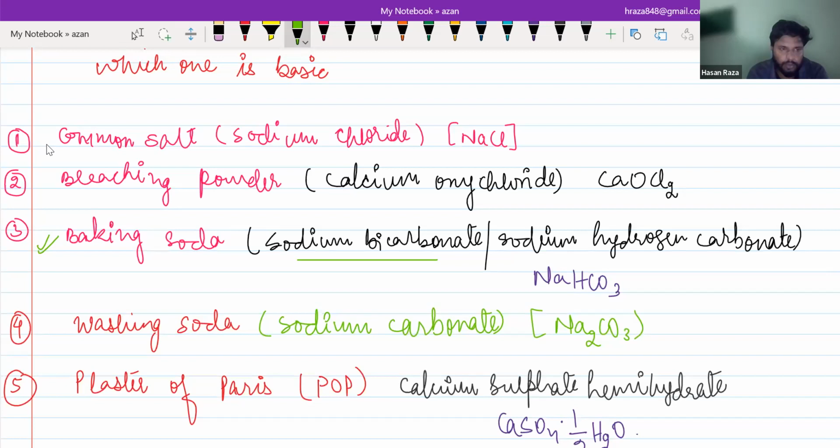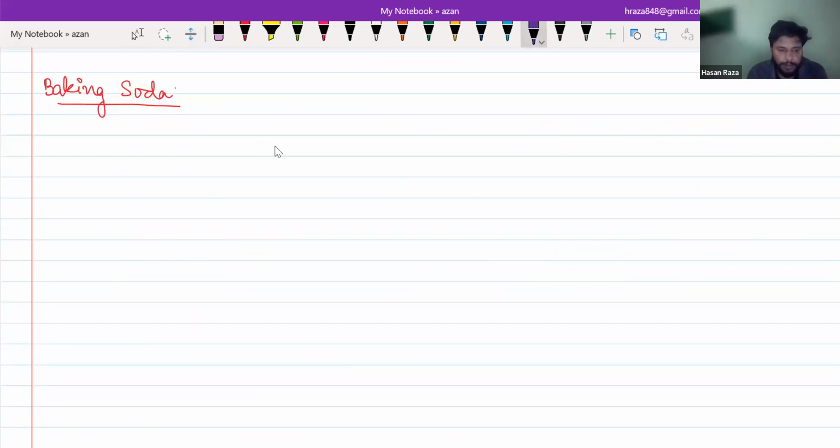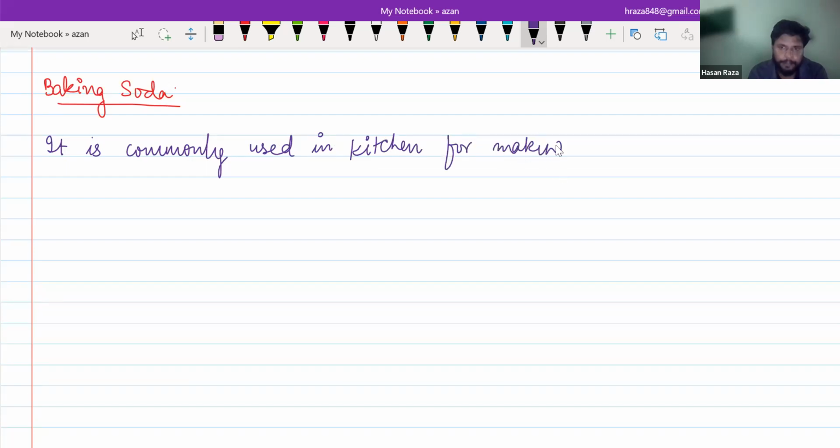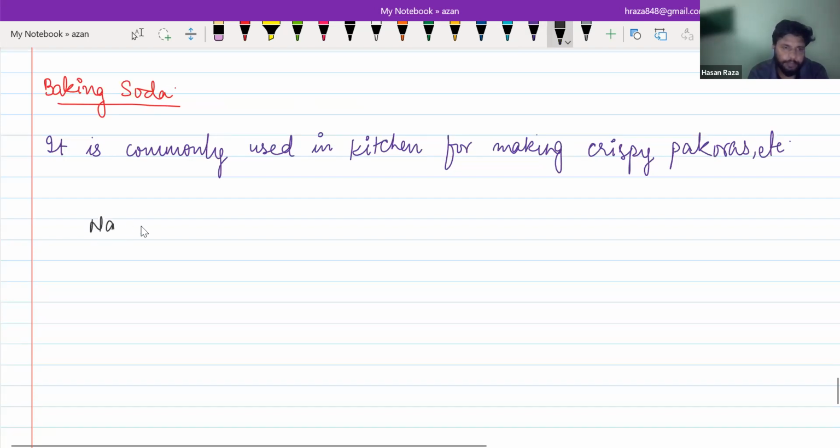It is also commonly used in the kitchen for making crispy samosas and pakoras, etc. Now, to prepare it, we have to mix